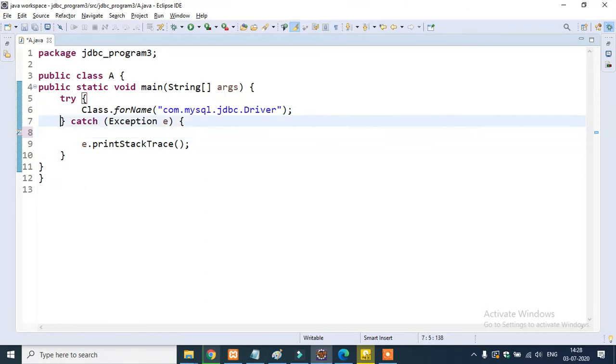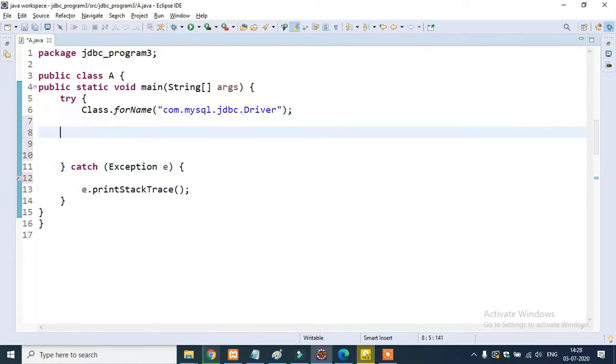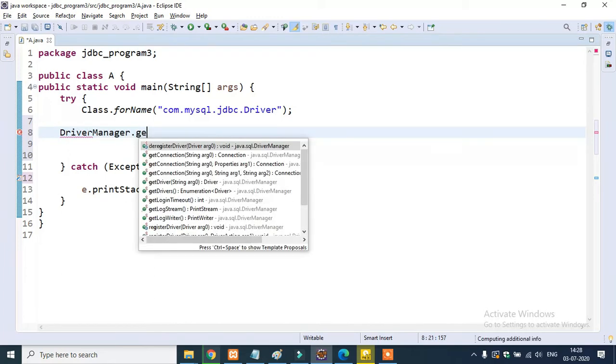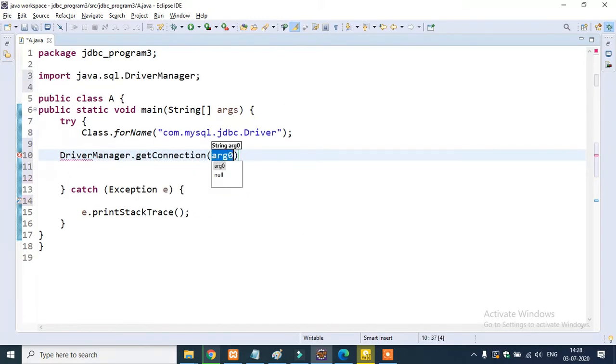And now I will start to establish the connection, and for that I will write DriverManager.getConnection, and let's give here the path to establish the connection with the database: jdbc:mysql://localhost/ and give the database name.